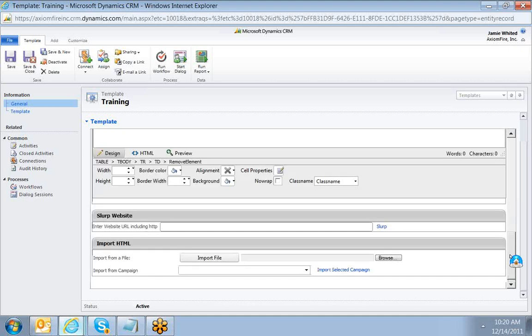If I scroll all the way down to the bottom, I again have some additional options. I can use Slurp. This feature is user beware because you do need to have HTML knowledge to properly use it. What Slurp does is I can put in any website here. So I'm just going to put in my main website. And when I click on Slurp, it's going to go out to that website and grab all the HTML, all the JavaScript that it possibly can, and it's going to populate it here